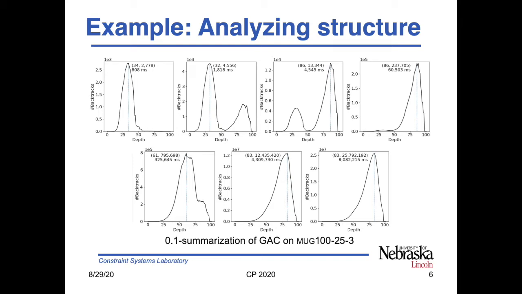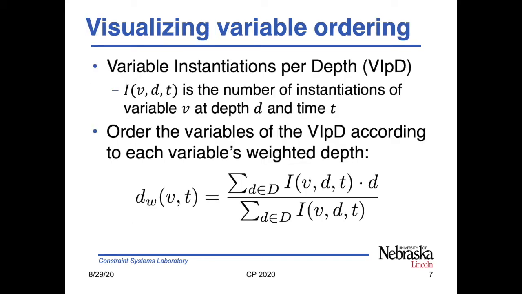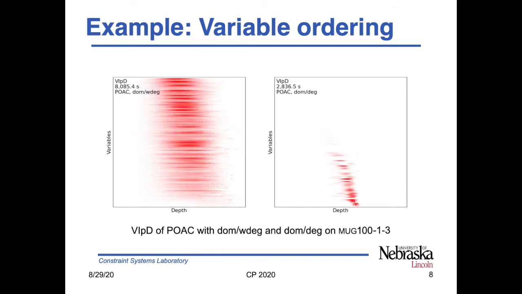125.3 benchmark instance. We further propose a visualization of the variable ordering by looking at the number of instantiations of each variable at each depth. We do so in a heat map, where we have on the x-axis the depth of the search tree and on the y-axis the variables of the instance. To order the variables in the instance, we calculate a weighted depth and order the variables accordingly. This helps us to explain why DOM-DEG can do better on another benchmark instance, as opposed to DOM-WDEG, which usually